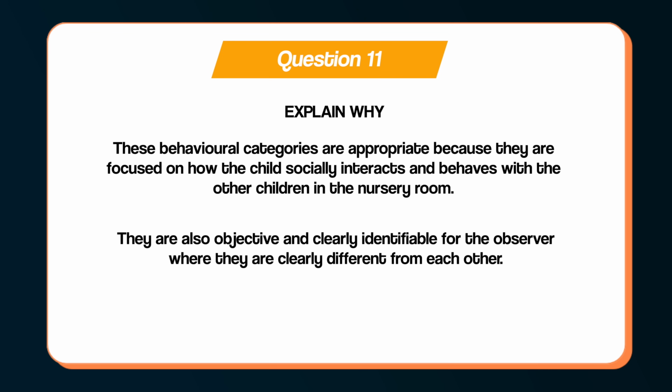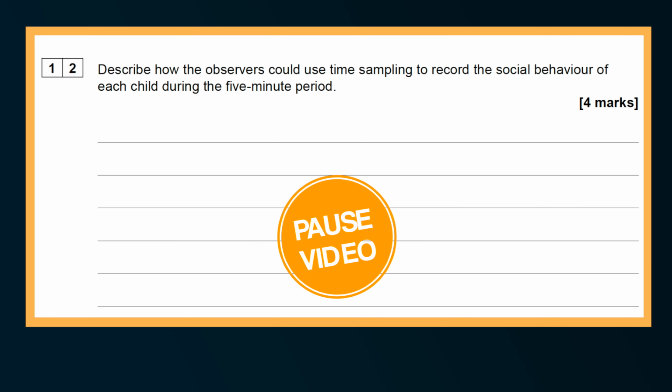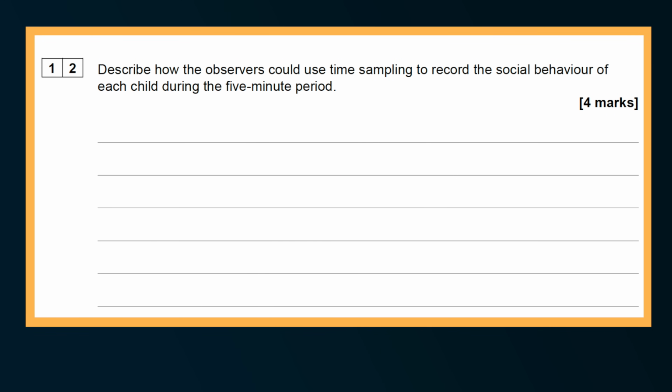They are also objective and clearly identifiable for the observer, where they are clearly different from each other. Question 12. Describe how the observers could use time sampling to record the social behaviour of each child during the 5-minute period. 4 marks. The command phrase is describe how, and historically, questions relating to time sampling have been very poorly answered by students. So if you can really understand how to answer this question, it will help differentiate you